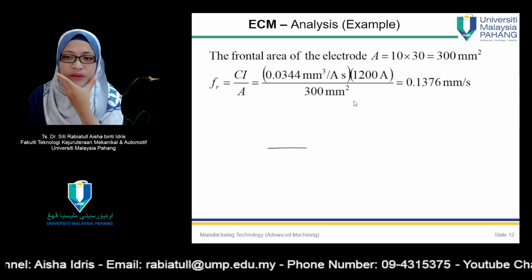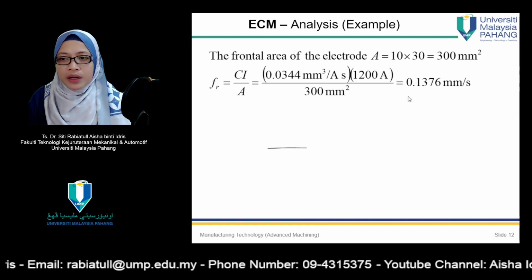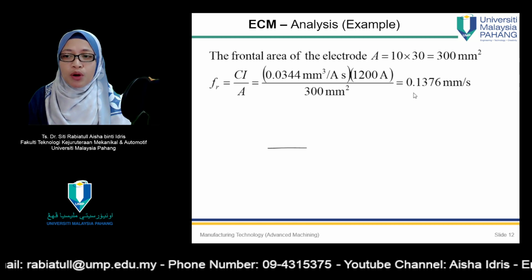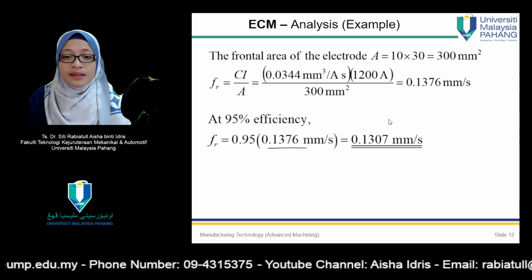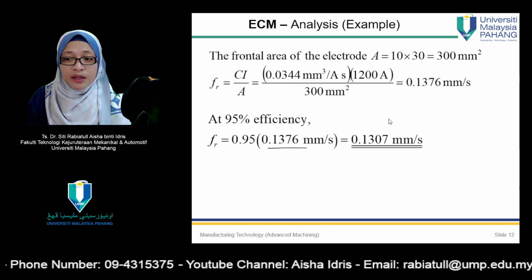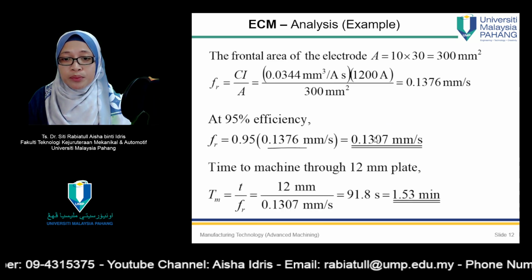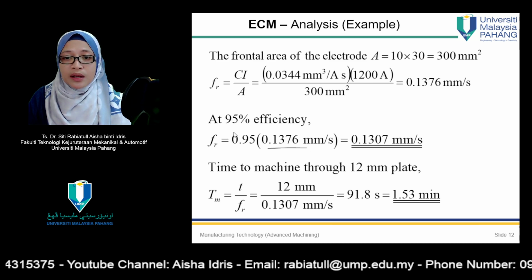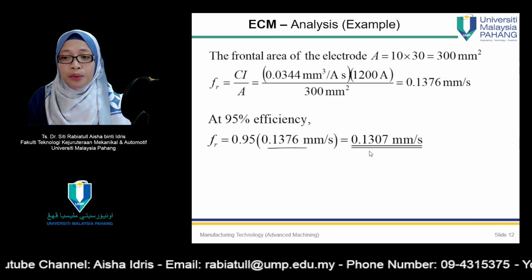Ampere current is given. So substitute everything, you should be able to get the value of feed rate, which is equal to 0.1376 mm per second. And since the efficiency is given as 95%, times with 95%, then we should be able to get the feed rate at that efficiency, which is equal to 0.1307